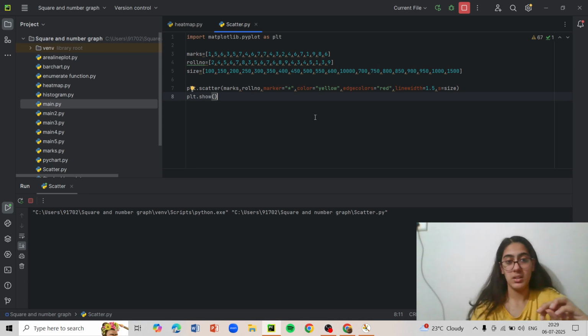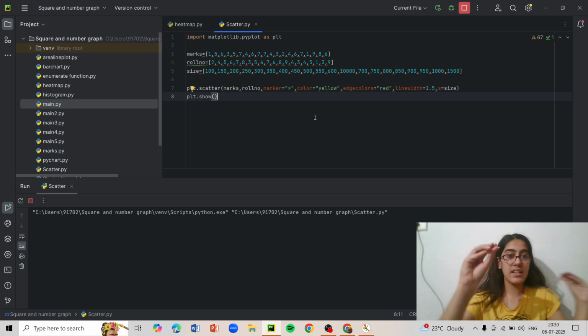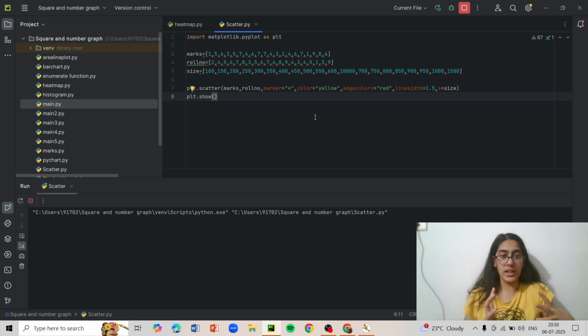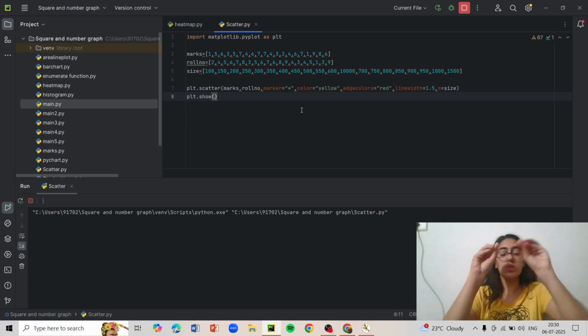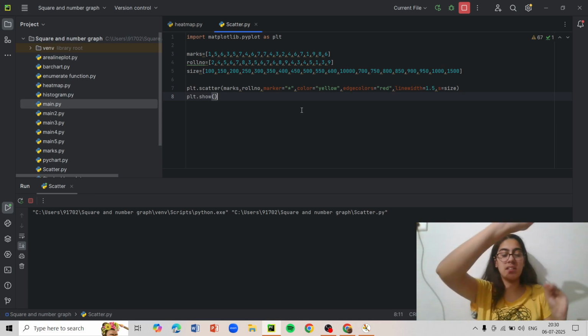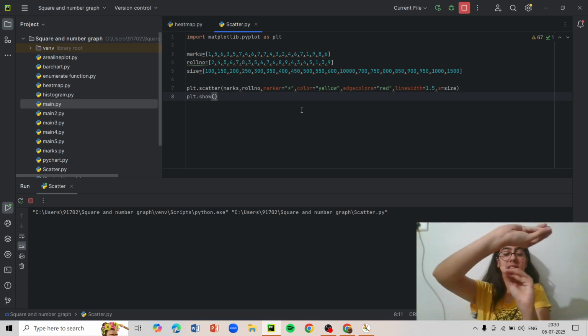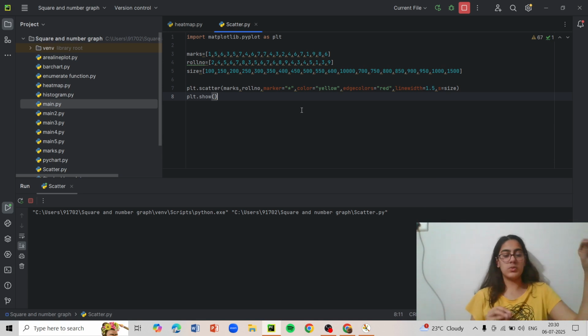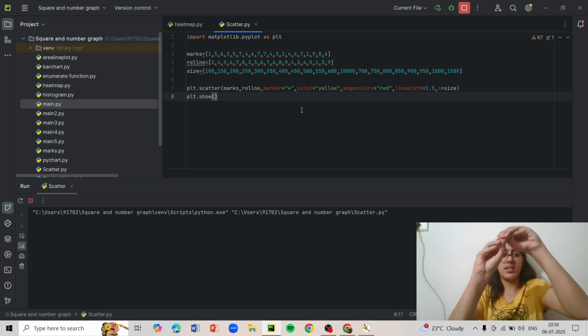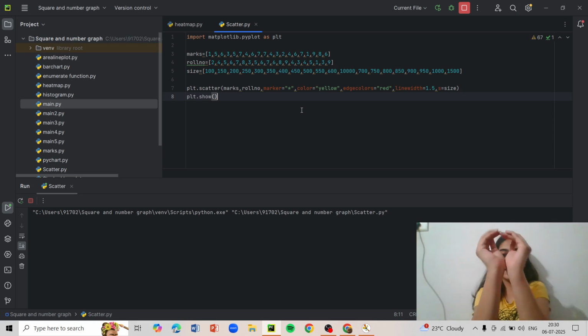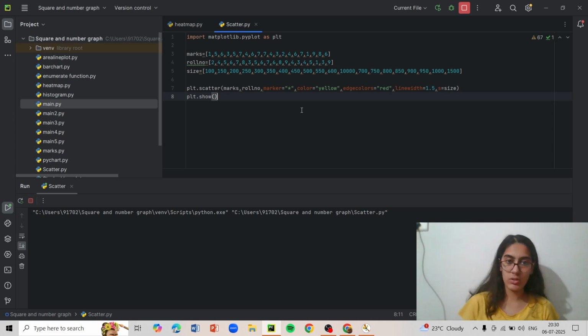The eighth element of the x-axis and the eighth element of the y-axis will make a point on which the size of the star will go. Did you get what I'm telling? Let's say this is 1 point and this is 1 point. So this is 1 point on the marks list and this is 1 point on the roll numbers list. The marks list will be the x-axis, the roll numbers list will be the y-axis, and here will be a point, the point which has the same size as mentioned in that element of size. So this is what I was telling you about.